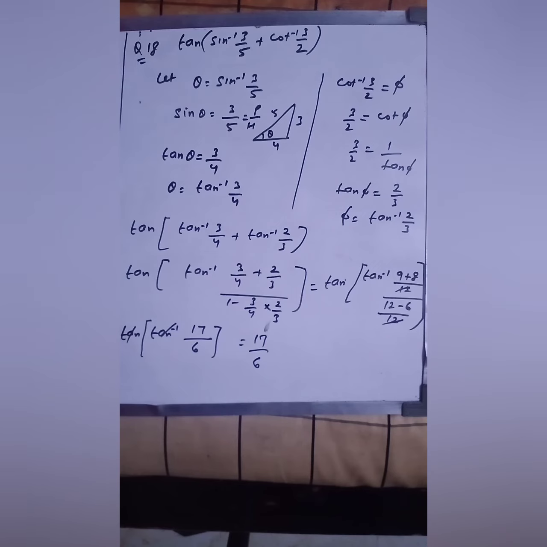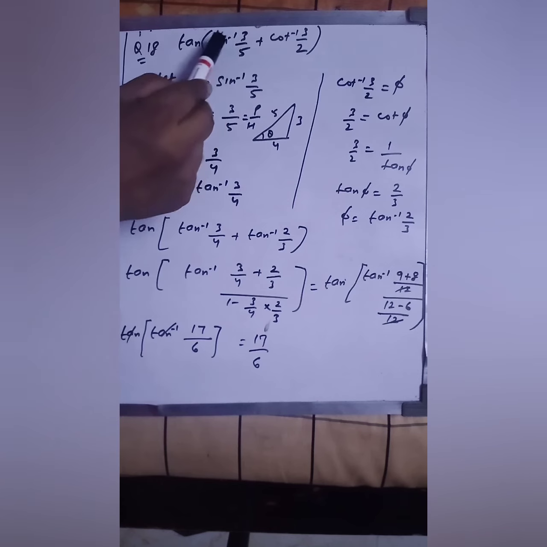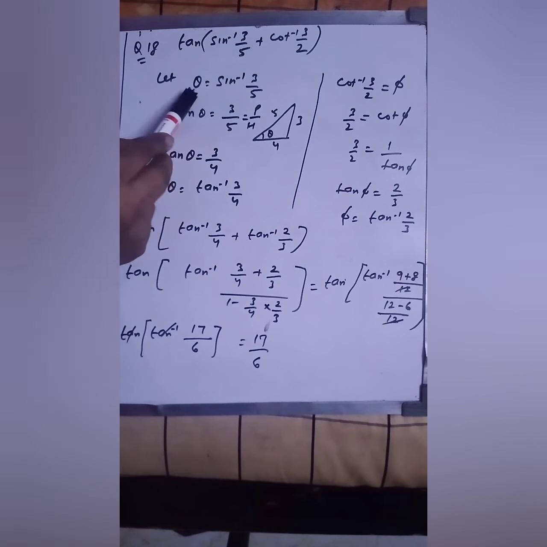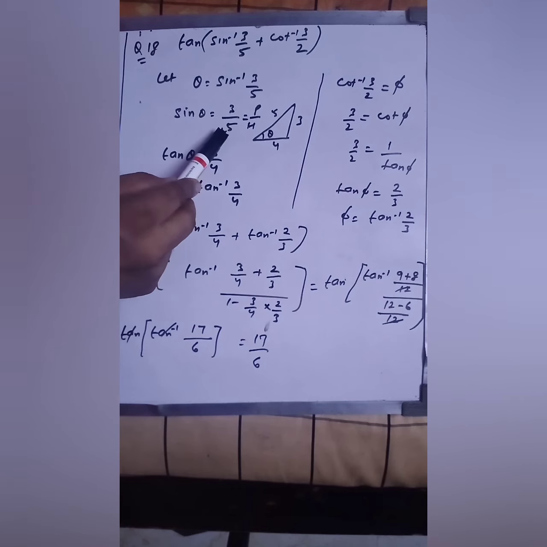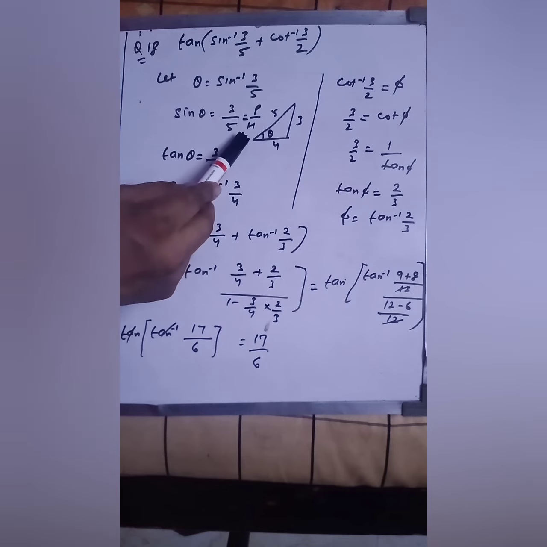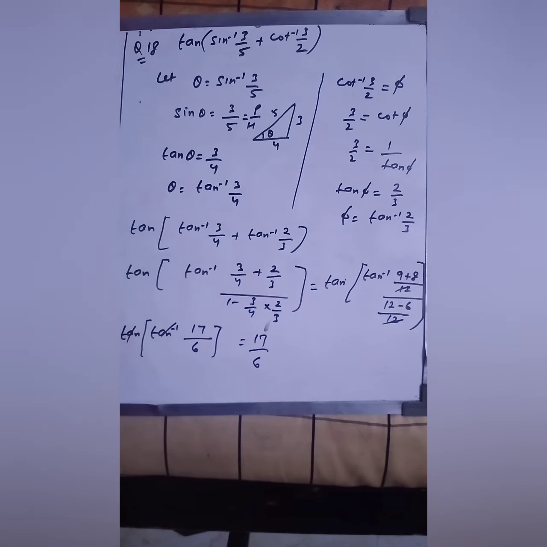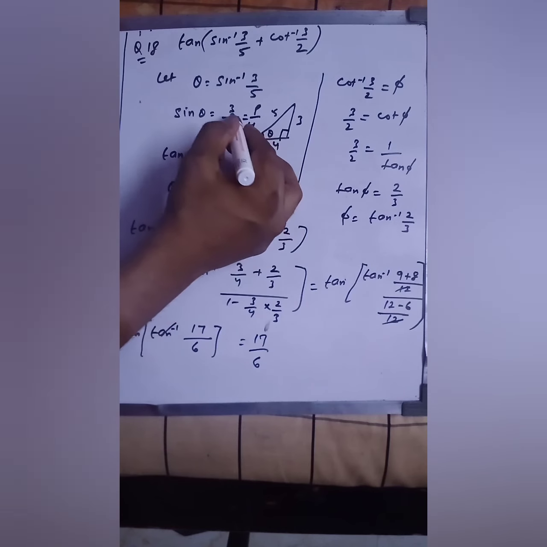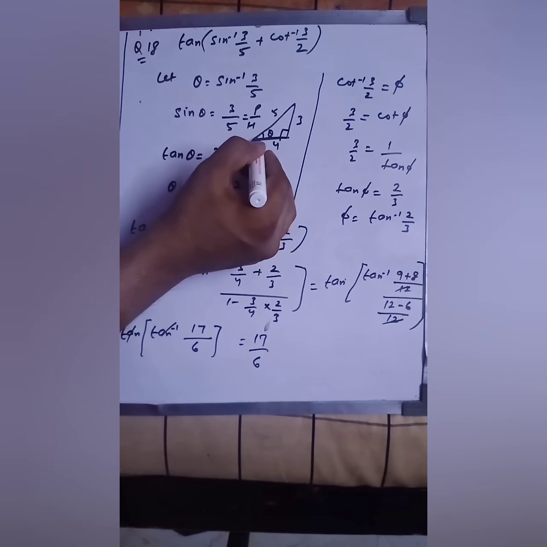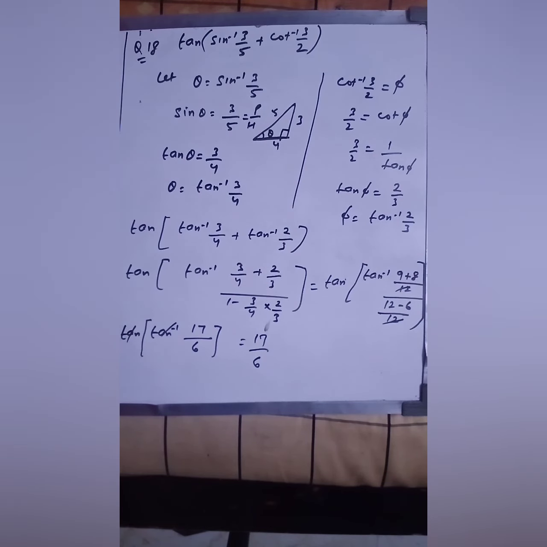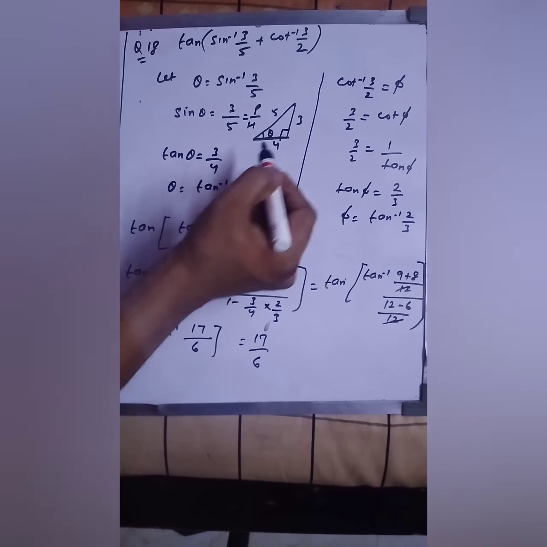So for this, what you have to do, I am taking sine inverse 3 by 5. I am assuming that this is equal to theta, and this sine will come on this side. This will be sine theta is equal to 3 upon 5. As we know, the formula of sine theta is P by H, that is perpendicular upon hypotenuse. So you have to draw a right angle triangle. The perpendicular is 3 and the hypotenuse is 5, and the base would be 4. By applying the Pythagoras theorem, you can easily find this value.